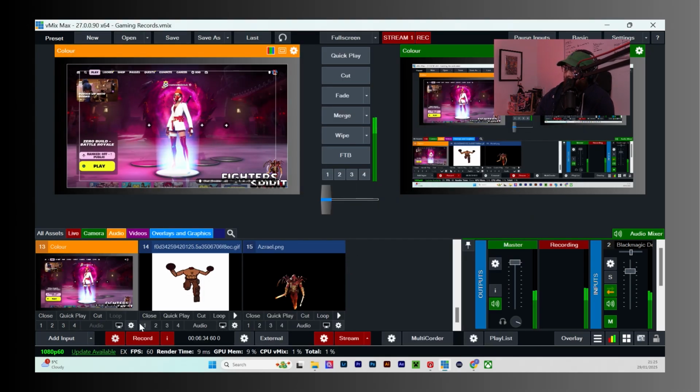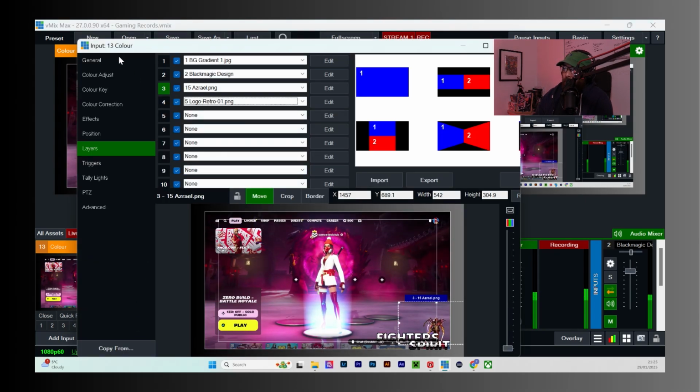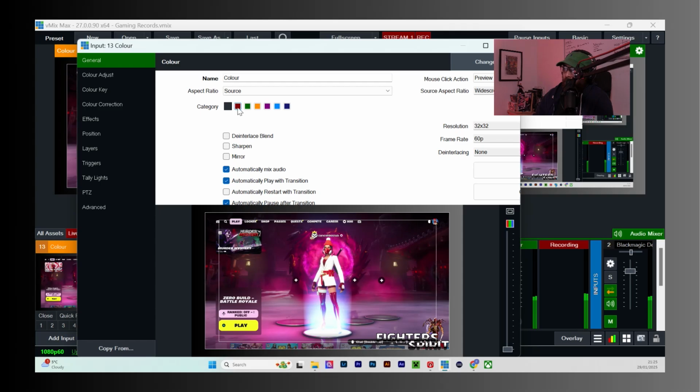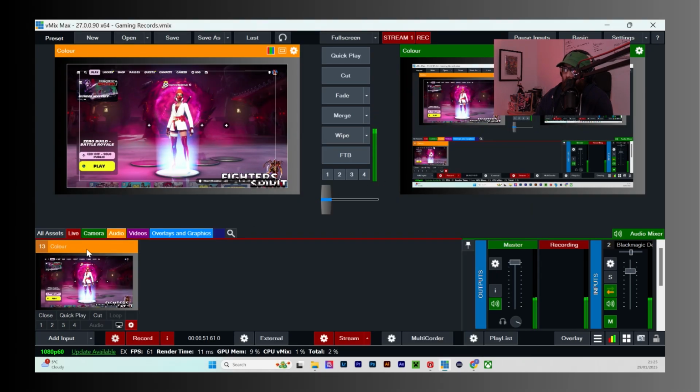Cool. So now if I wanted to organize this and use this as a shot for live, which is what I'd want to do, which is the reason why I'm creating it. Now if I go into general and click on in categories, this red one here, when I click on live, you can see it's much more organized. Only the ones that are assigned live in the general tab under their category will show up in here.